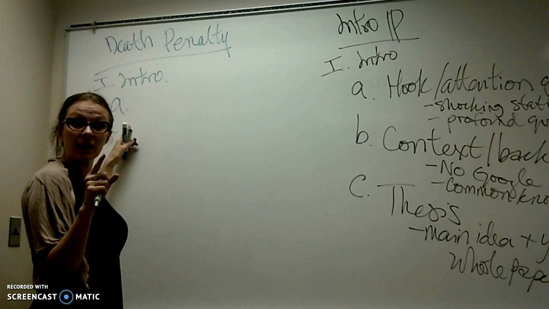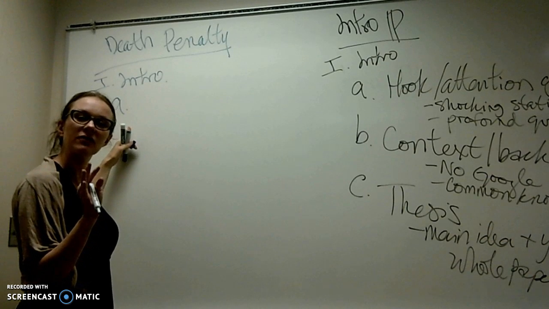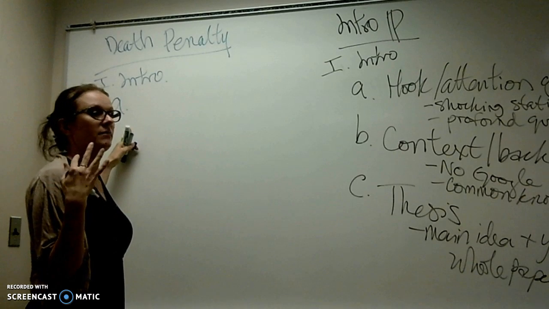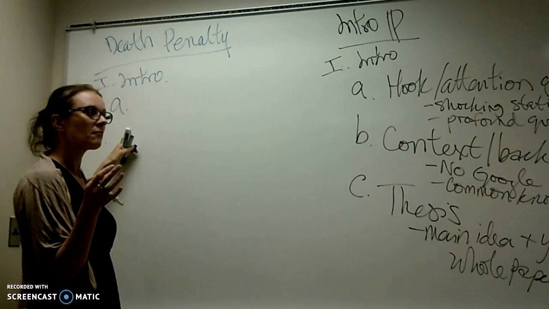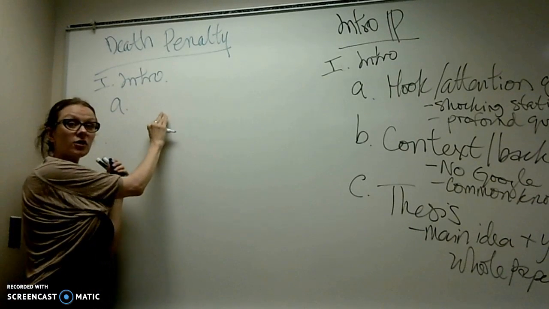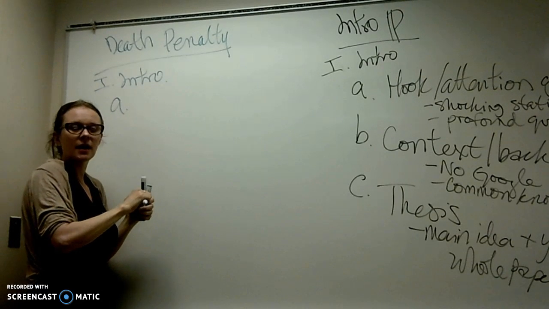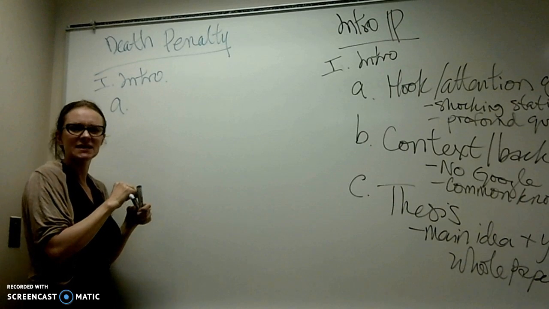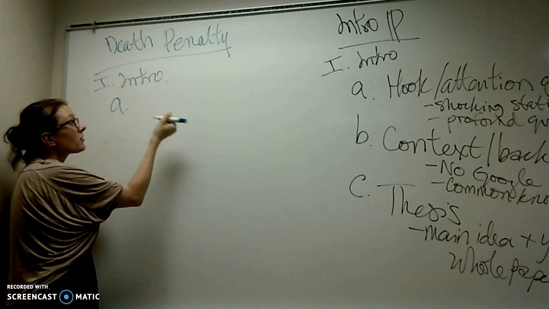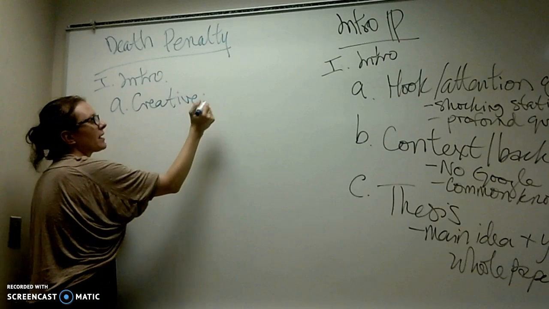Here's clue number one: you can be creative with a hook in a way that you really can't with any other part of an academic essay. An academic essay has to be very strict. It has to have really academic wording. It's not fiction, right? We're not writing fiction. But in the hook, you can be really creative. So in this case, if we don't want a statistic or a shocking quote or something, another example of what we can do is to be more creative. So our creative topic might be,